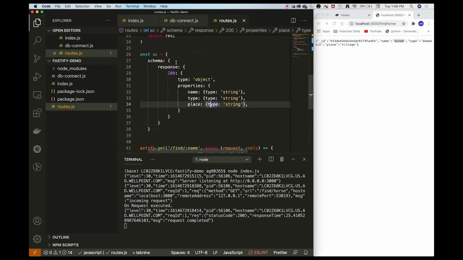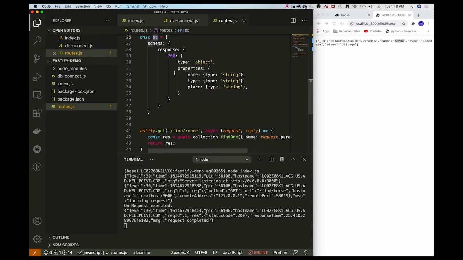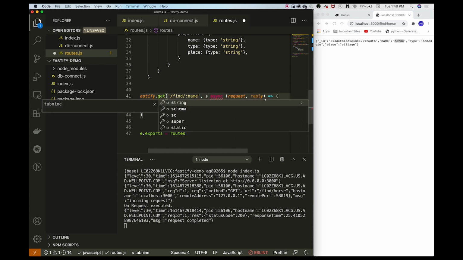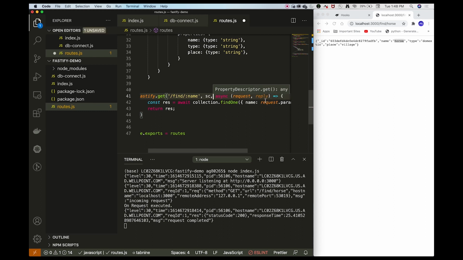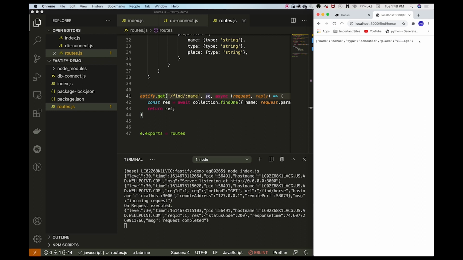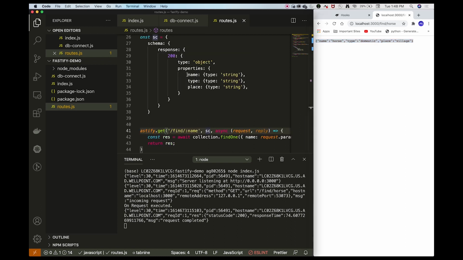Now to insert this schema into this route, I will just pass this schema object as a second argument to this get function. And if I restart my server and I refresh again, you can now see that we are only getting those elements or those parameters which we have defined in our schema.